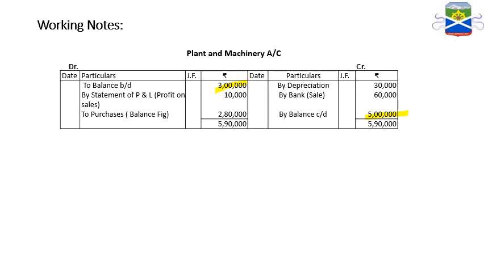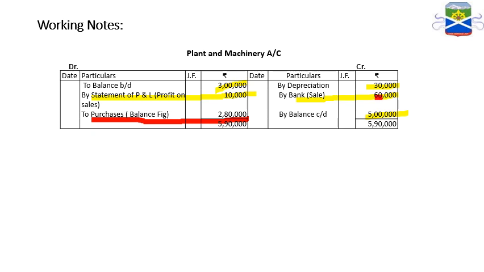In the question, depreciation for the plant and machinery is 30,000, and one piece of machinery is sold at 60,000. Because the book value given in this question was 50,000, the profit is 10,000. So by taking this part, we'll have one balance part, that is the purchase of 2,80,000. This part will go to the investing activity, purchase as well as the sales.